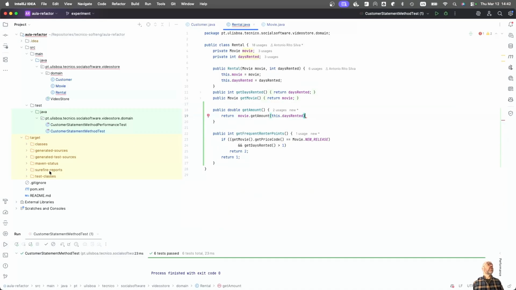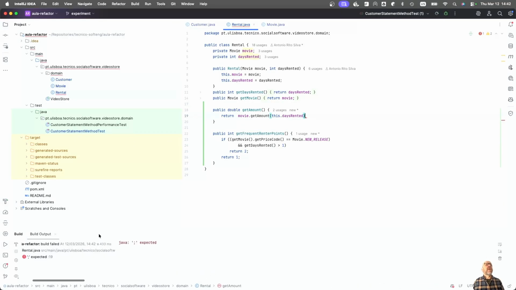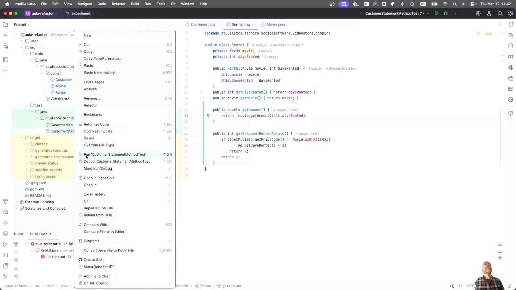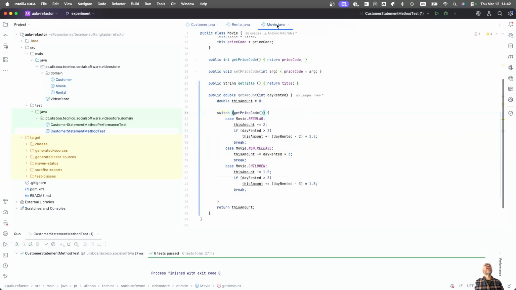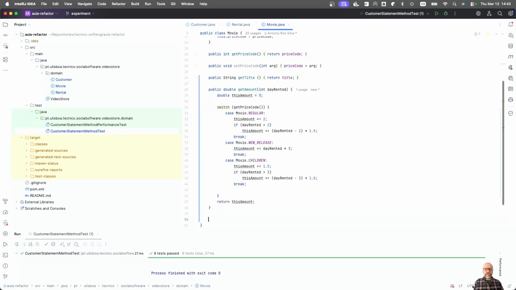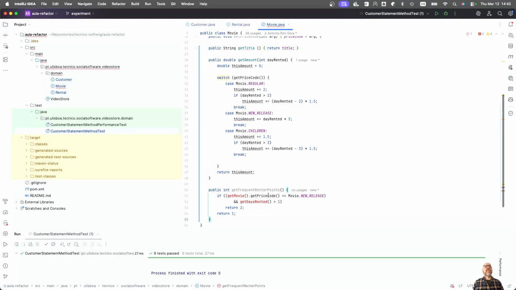Let's see if it works. Expected, so something is missing there. And let's run the test. It's okay. The 6 tests passed. So, and the same applies to this method. So basically what I can do similarly, and I can move it here, and of course I need the days rented. So like here, int days rented,